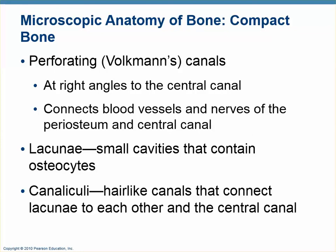Now, each of the osteocytes, the cells that maintain the bone, by the way, osteoblasts you can think of as construction workers. Osteocytes are more like maintenance people, like janitors. Osteoclasts are more destruction. They tear things down. So the osteocytes